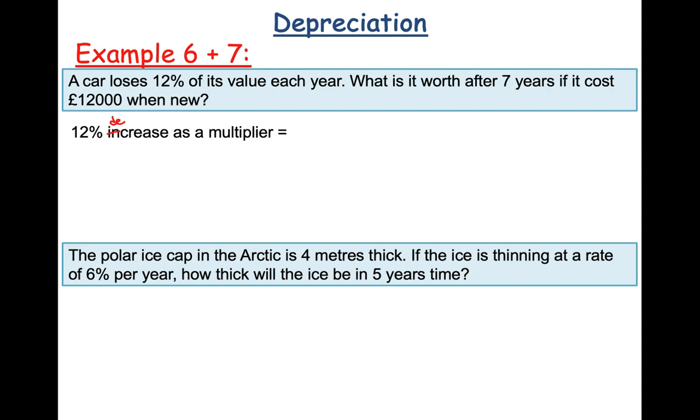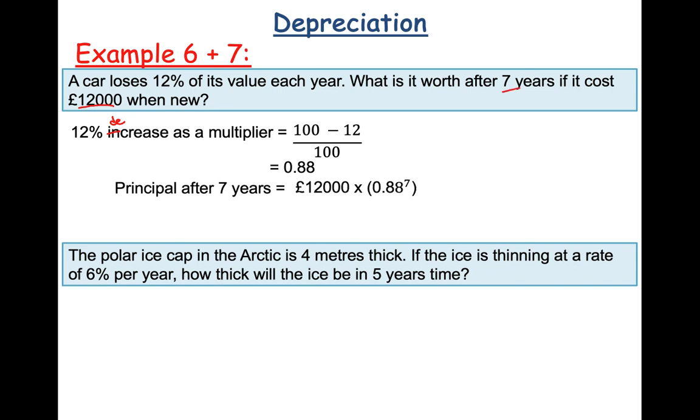12% decrease as a multiplier, so you're going to do 100 subtract 12 divided by 100, which gives you a multiplier of 0.88. Your principal amount was 12,000, your amount of years is 7, your time, so it would be 12,000 times 0.88 to the power of 7, which gives you a value of 4,904.107156. Talking about money, rounded to 2 decimal places, we end up with a value of